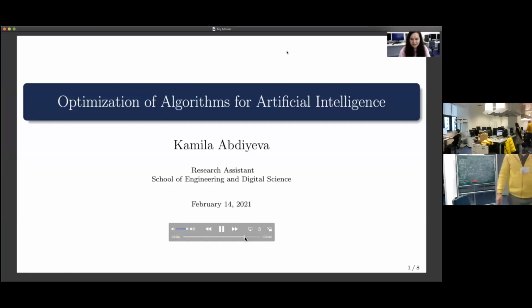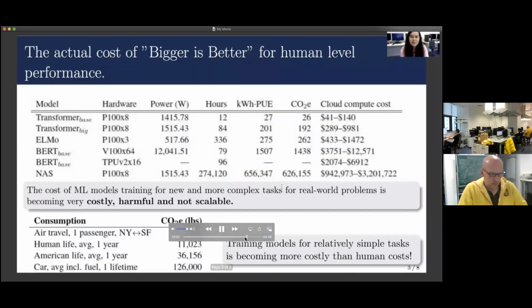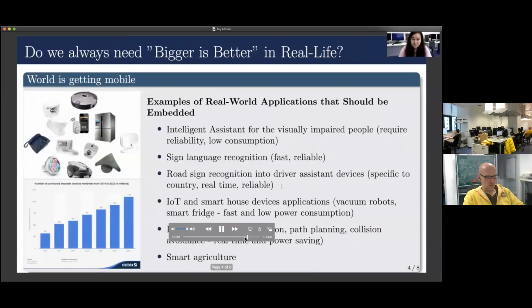Of algorithms for achieving artificial intelligence. In recent years, you may have heard a lot about different algorithms achieving quite impressive performance on different tasks, such as human level performance in the game of Go, or personal assistants, which may even make calls for their clients. Or if we look closer, the cost of such algorithms is just enormous in terms of financial and also environmental